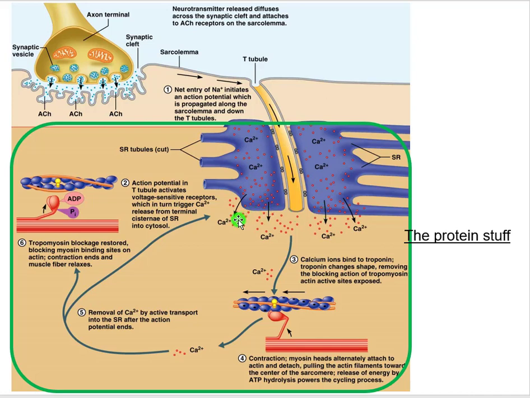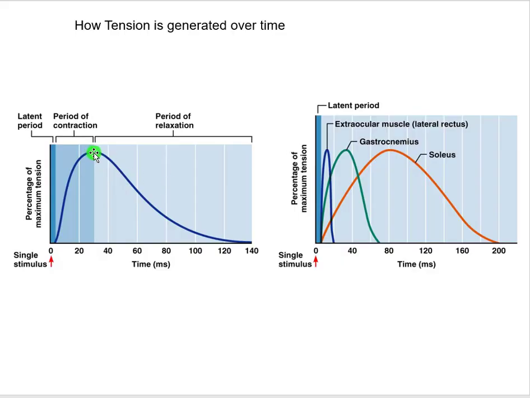So there's only a really brief moment in time where there's 100 calcium free floating in here, because just a millisecond later it's 99, then it's 98, then 97, 96, 95, 94, 93, all the way through. And so little by little, all this calcium starts traveling back. It gets sucked back up into the sarcoplasmic reticulum. And you know that calcium binding to troponin is what allows, through moving tropomyosin, myosin to bind to the actin filament. So for that reason, this is why we see that period of relaxation, because right now